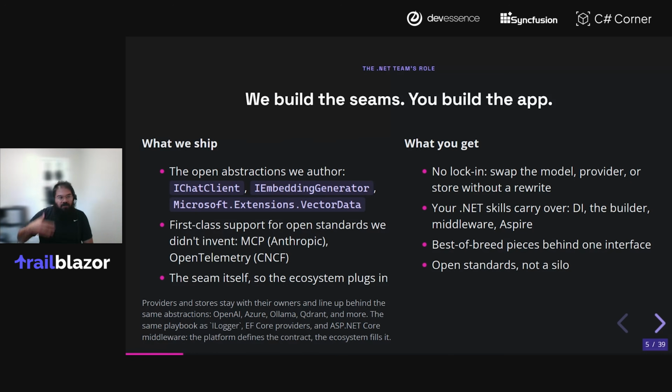As an end user, as a developer, right, what you get is that there's very little to no lock-in because you're programming against abstractions, all of which are implementing these building blocks, right, these primitives. You can, for the most part, swap a provider without having to do a major rewrite and without having to learn a brand new set of APIs every time that you want to either switch providers, or introduce a new provider into your workflow or application.